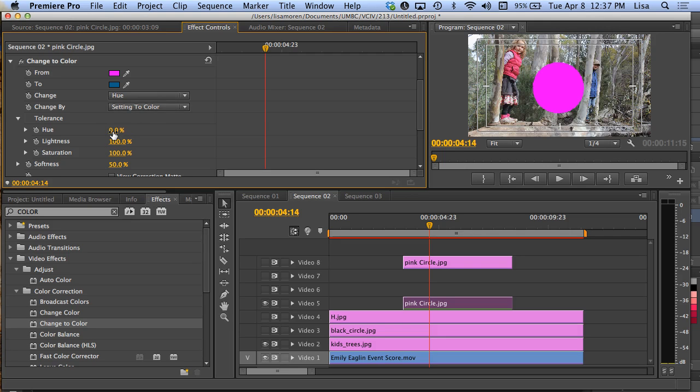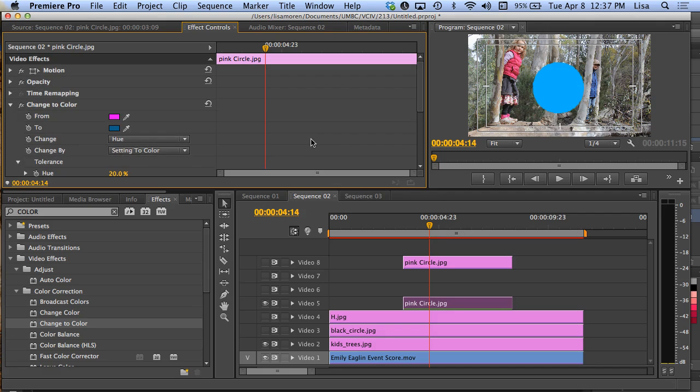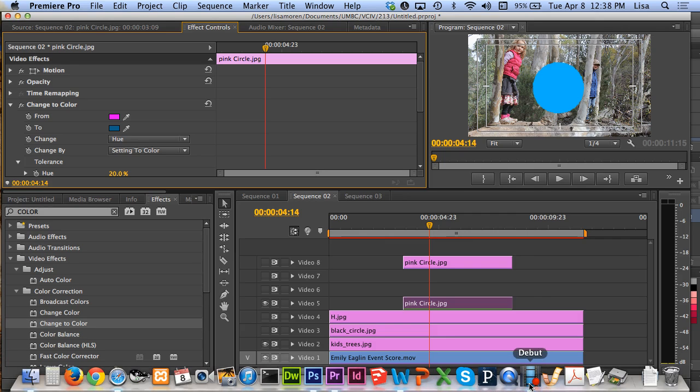Okay. So I had the filter off. So here, I just go down and change the hue. So I can change it from pink to blue over time in my keyframing window, like you studied hopefully in your screencast. So I'd like you guys to try this. I'd like you to try all of these tools in Premiere. And what I'm going to do now is I'm going to